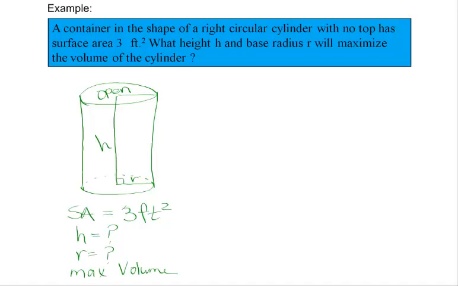This is a case where I am going to go on the hunt for my 2 equations. I'm going to go on the hunt for my relationship equation. I see H's and R's, and they've already told me that my